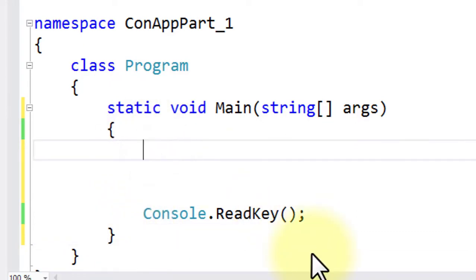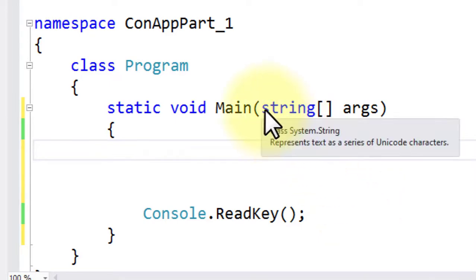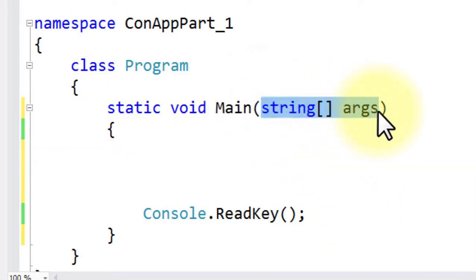If you pass arguments to the main method, then all arguments are stored inside the args argument of the main method. All arguments are stored in string format in this array, so args is an array of string type.